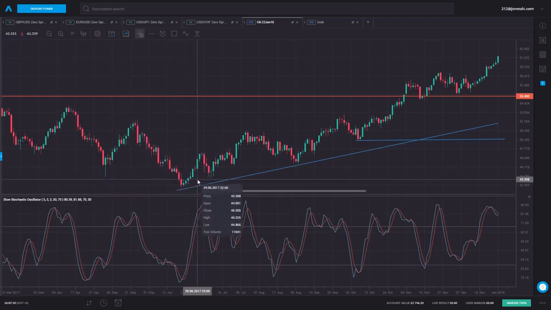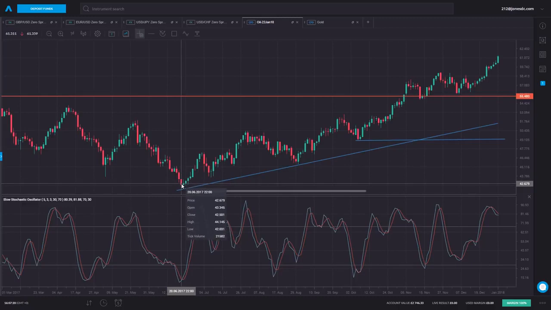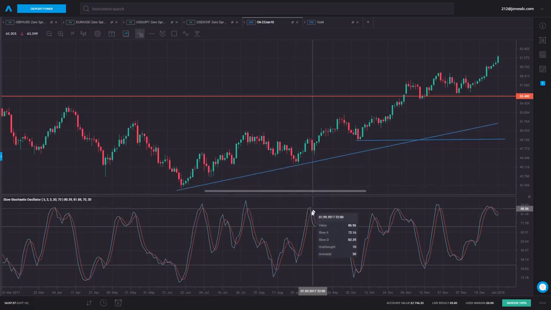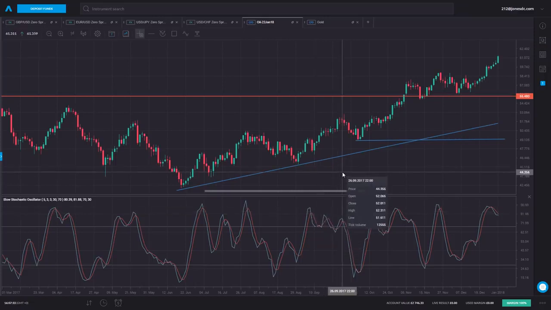And you can see we've had a clear trend since June 2017. So we're 7 months into this trend now. So one approach could be, if we're selling in an uptrend, if we're taking the sell signals off stochastics in an uptrend, we're trading against that trend. So maybe the better approach is just look to be a buyer, take the signals in the direction of the